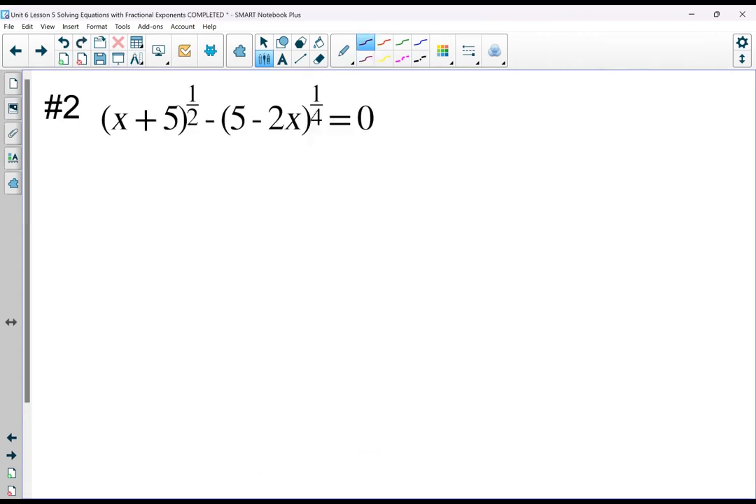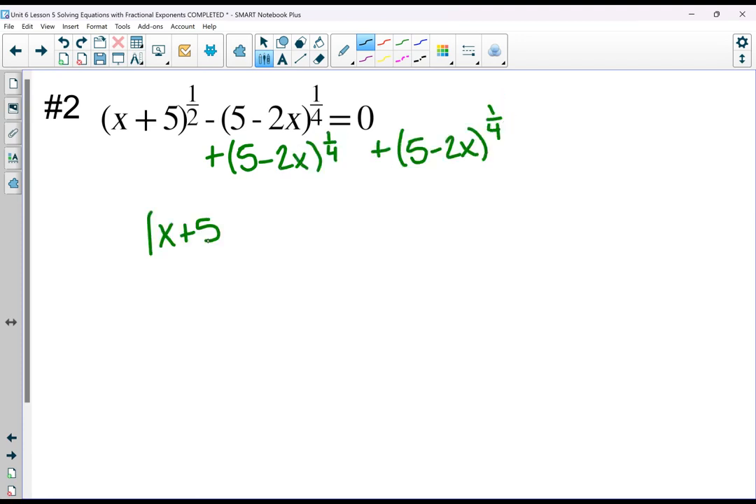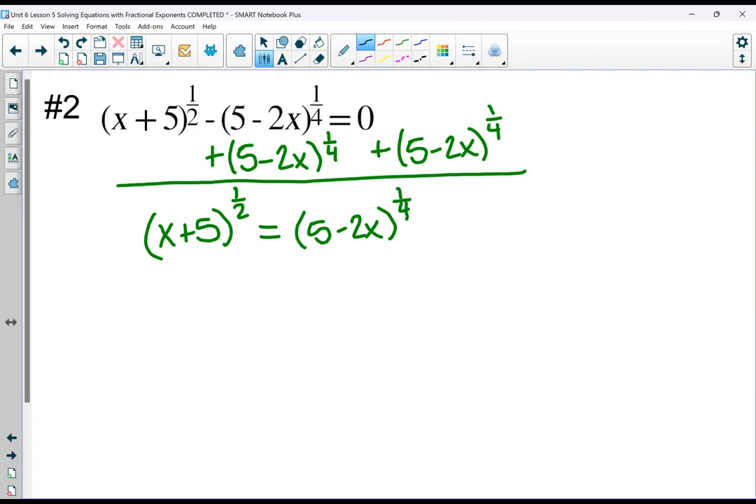All right, so let's look at an example like number 2. Here we have two different fractional exponents that would represent two different radicals. We kind of want to follow the same process and isolate one of the radicals. So the easiest thing I see to do here is to add this term to both sides, isolating both radicals in this case. Rewriting my equation to be (x plus 5) to the 1/2 is equal to